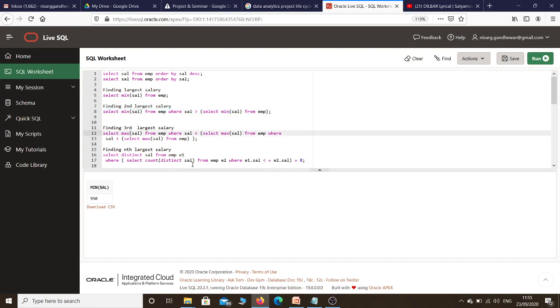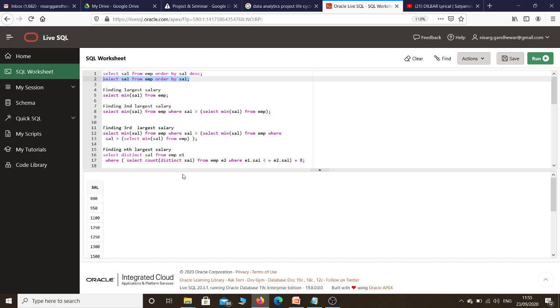Now somebody asks you to find the third lowest salary of an employee. Again I will nest the same query, replace this max with min and the less than condition with a greater than condition. Here I replaced it, and instead of max I have written min, and then I execute this query so that I get the third lowest salary. 1100 is the third lowest salary of an employee. Let's check: first lowest, second lowest, third lowest. So in this way I can say that it returns the third lowest.